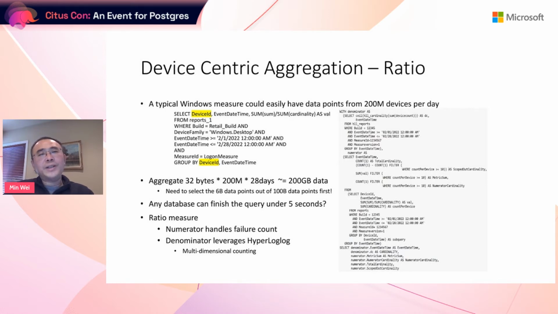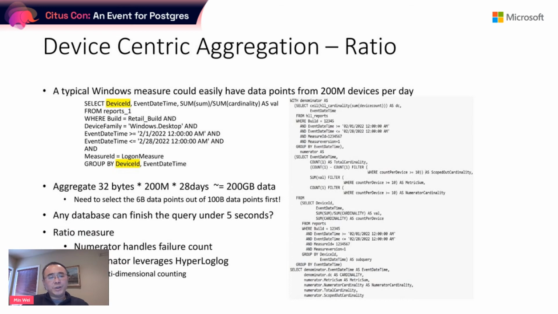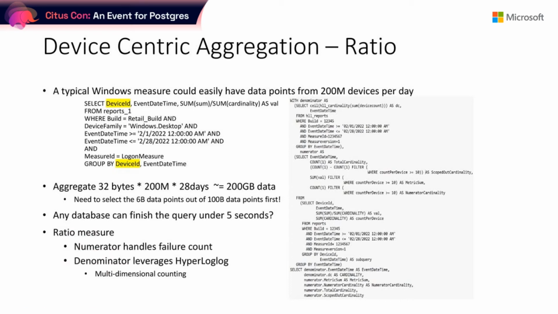So the scenario is like this. For certain things, like some of the Wi-Fi failures caused by the device, out of many millions, so hundreds of millions of devices, they only fail very occasionally. So the idea is we need to capture and calculate those at an average failure rate.